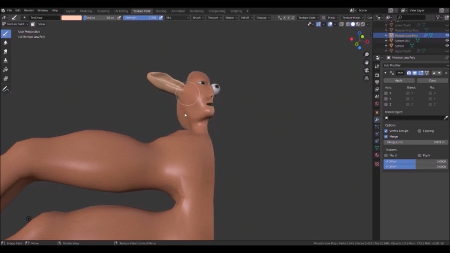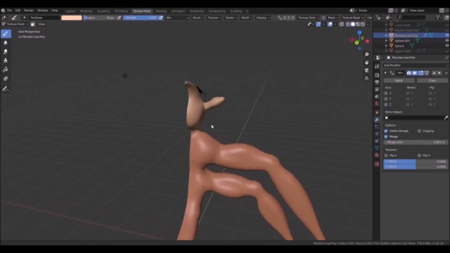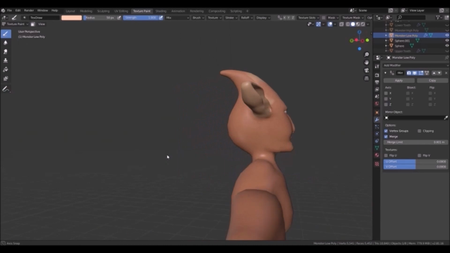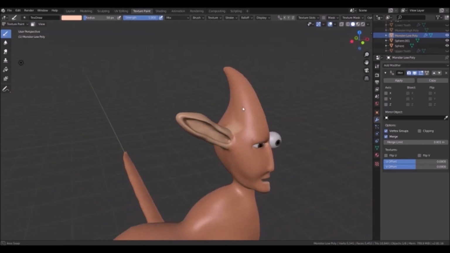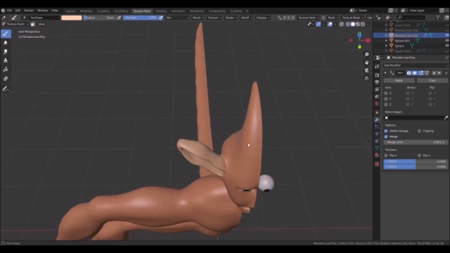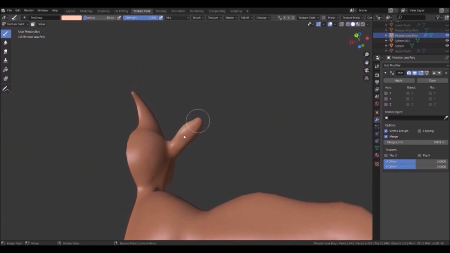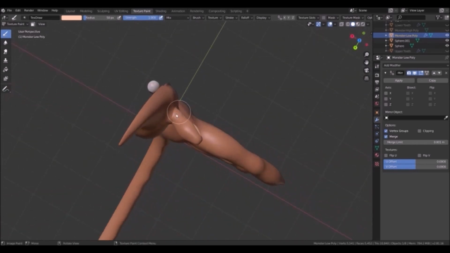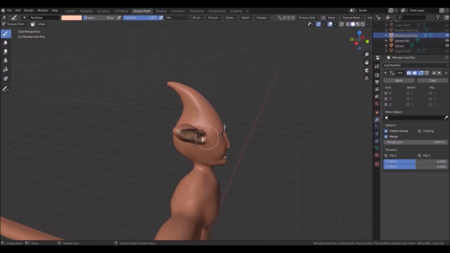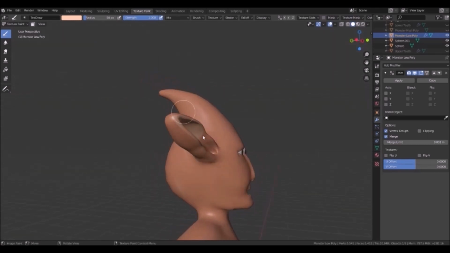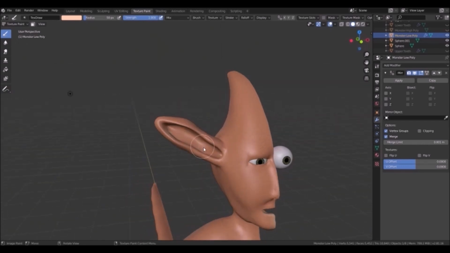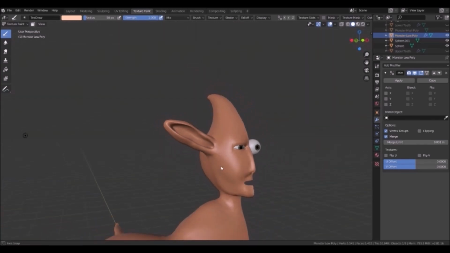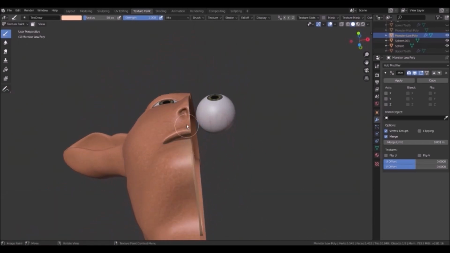Yeah, paint in the face, my head. Maybe I'll put eyebrows on them, maybe I won't, I don't know. Maybe,